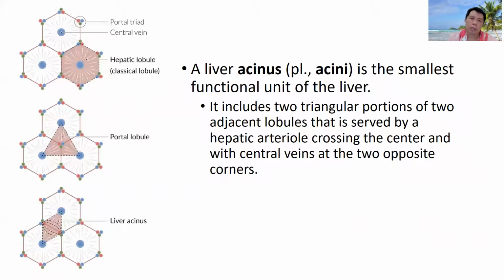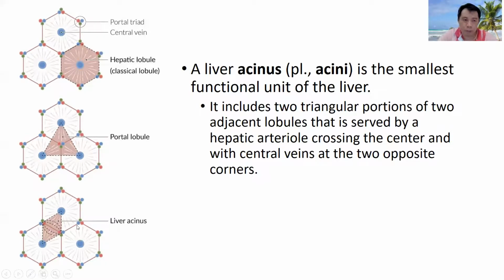Okay, from the liver lobule, now we go to the smaller functional structure, which is known as the liver acinus. The plural form is acini. It's the smallest functional unit of the liver. It includes two triangular portions of two adjacent lobules that is served by a hepatic arteriole